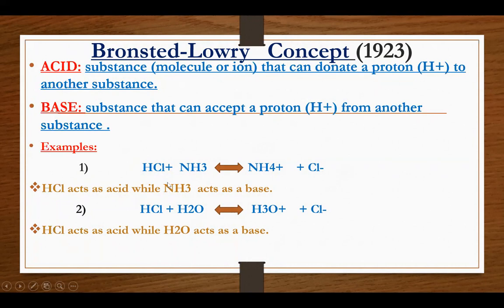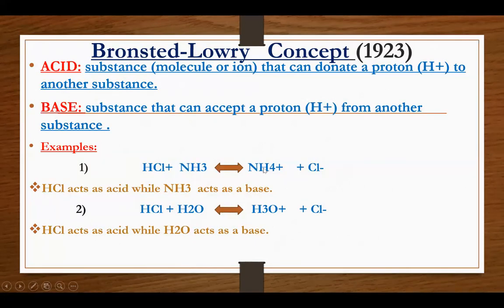Moving toward examples. Number one, HCl, hydrochloric acid plus ammonia. They react reversibly to form ammonium ion NH4+ plus Cl- chloride ion. In this example, HCl hydrochloric acid acts as an acid while NH3 ammonia acts as a base. Why? Because HCl loses its proton and is converted into Cl- ion while NH3 accepts that proton and converts into